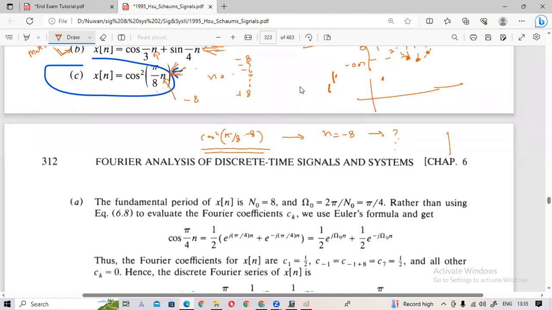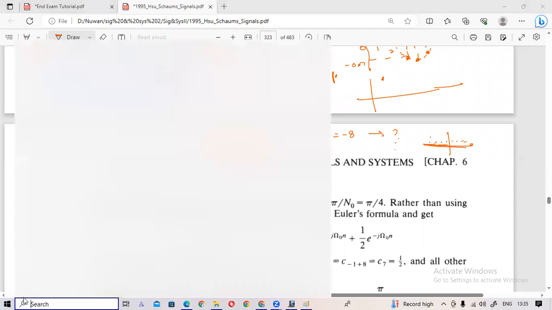Then you can plot it. After plotting, you can check the repetitiveness. Without plotting, it is hard to guess how the signal is repeating. So after plotting, you can find it. For example, if I use MATLAB,